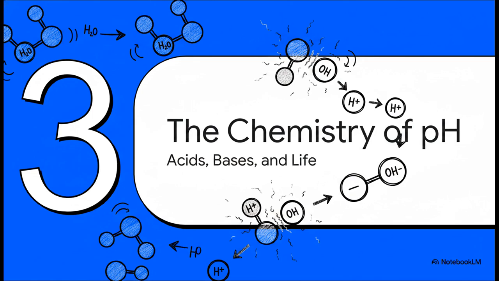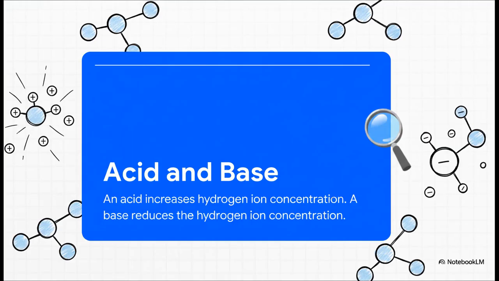All right. Chapter 3, the chemistry of pH. We've seen water stick together, and we've seen it pull other things apart. Now, let's investigate what happens when water molecules themselves pull apart. Occasionally, a hydrogen atom in a hydrogen bond between two water molecules will shift completely from one molecule to the other. When this happens, it leaves its electron behind, becoming a positively charged hydrogen ion, while the molecule that lost it becomes a negatively charged hydroxide ion.